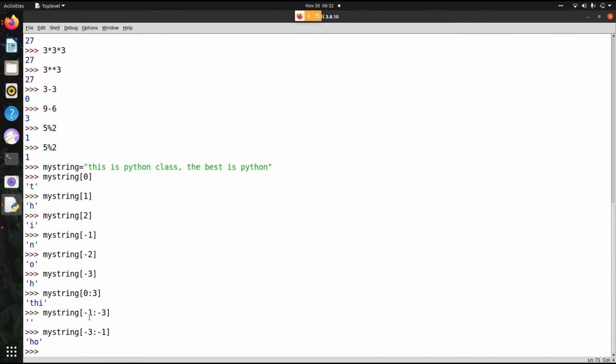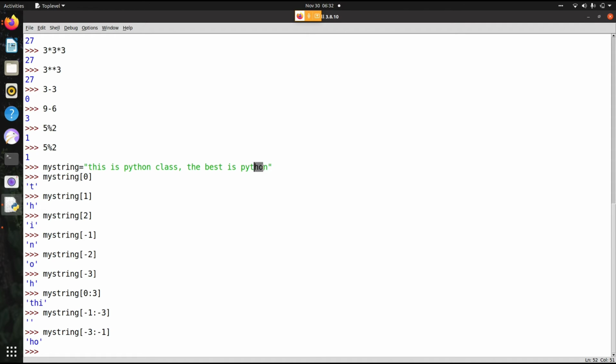Now see, we are saying give the values from -3 till -1 here.